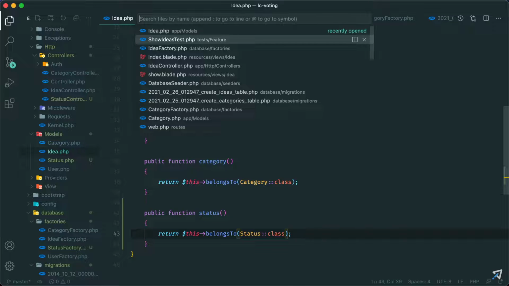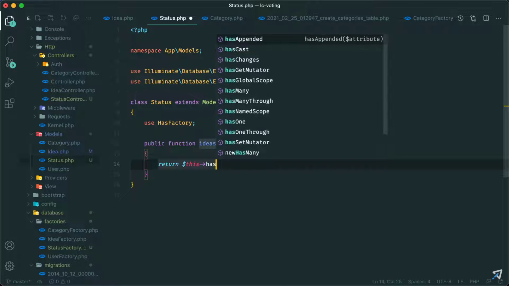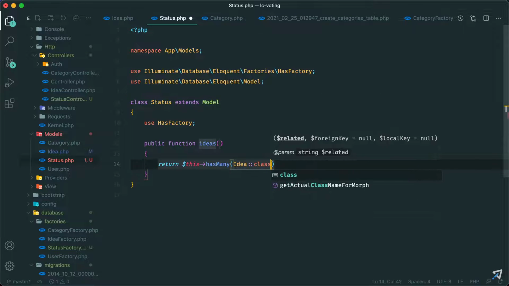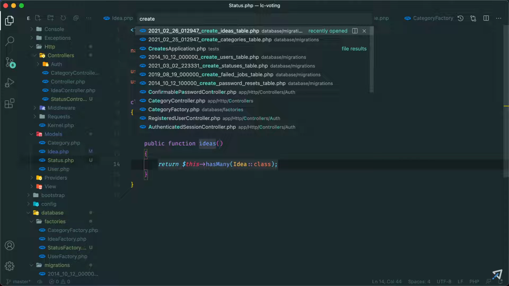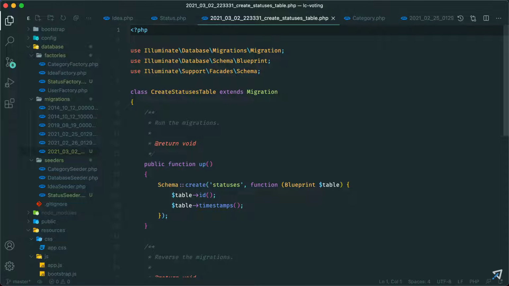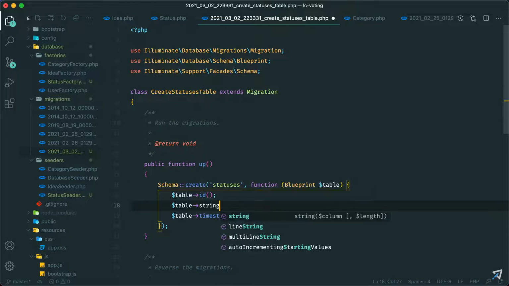And for status, has many ideas. So let's do that. Return this has many idea. Okay. Now for the migration, go create status. And again, just like categories, we can just give it a name for now. So table, string, name,